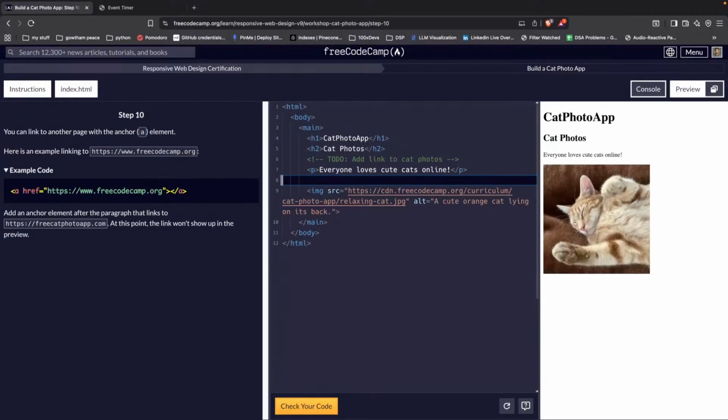You can link to another page with the anchor element. Here is an example linking to freeCodeCamp. Add an anchor element after the paragraph that links to